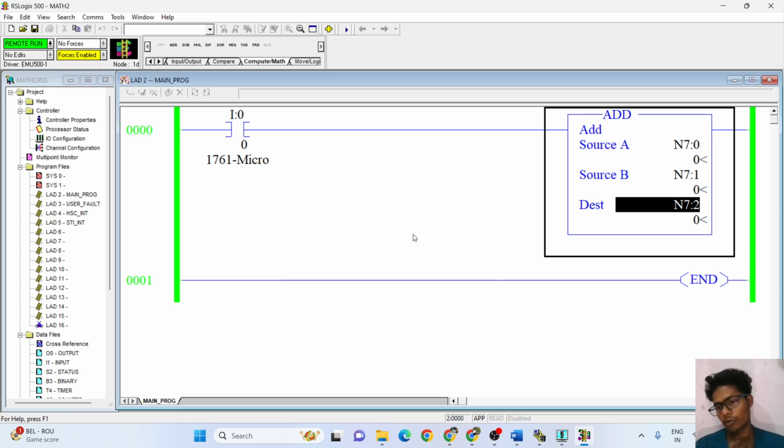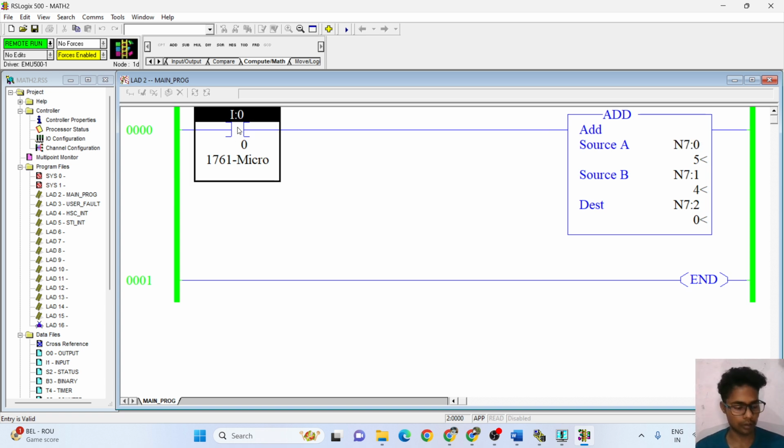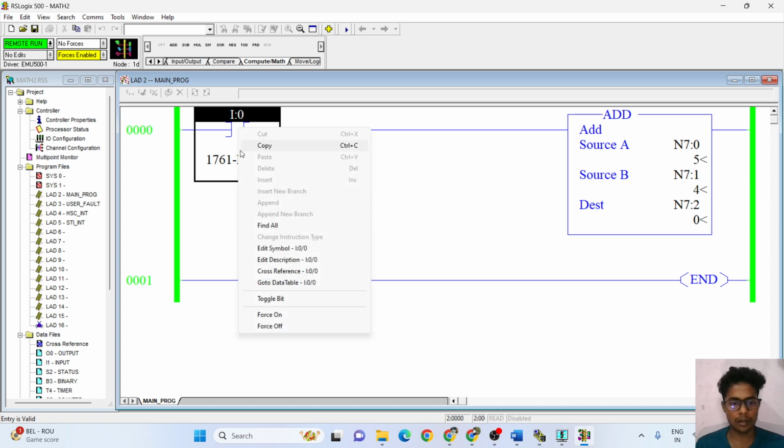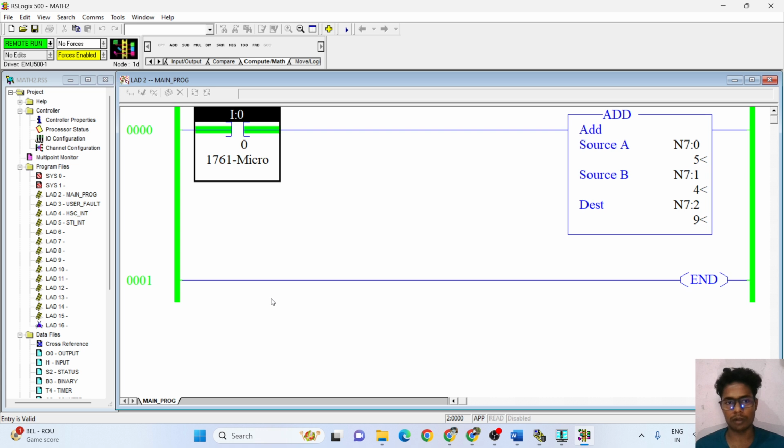Now engineers, you have to see how I do it. After that I have to put value 5, and after that I have to put value 4, and then I have to press a start push button, then it will be working. Let's see. Control T. Here I have to press toggle bit. Then the value will be changed.